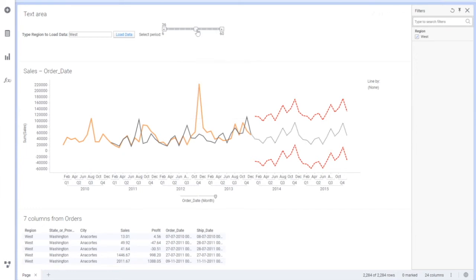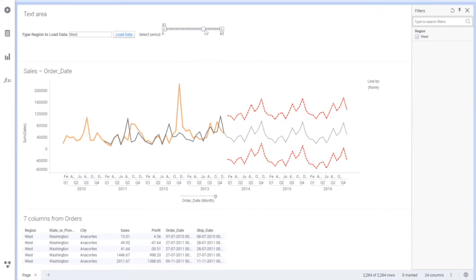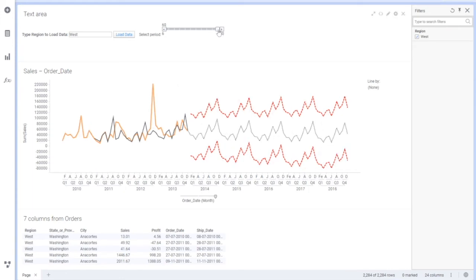Some users want to see it for 2 years, 3 years, 5 years, 6 years, 10 years and so on. This is for 5 years forecasting. So this is how your sales will grow. This is the upper level confidence, this is the lower level confidence, and this is the actual sales trend which you will see for the next 5 years. It may not be correct. Remember, this is just a forecasting prediction based on your previous and historical data. Okay, so remember this. This is just a way of showing the thing.